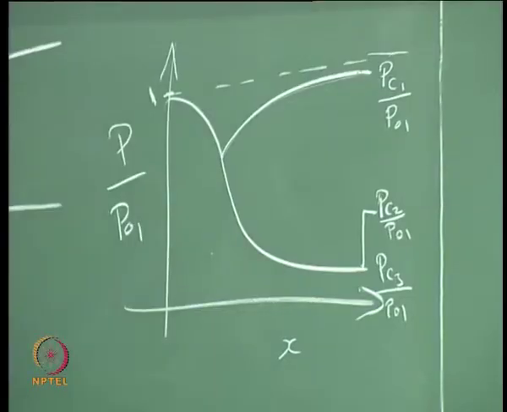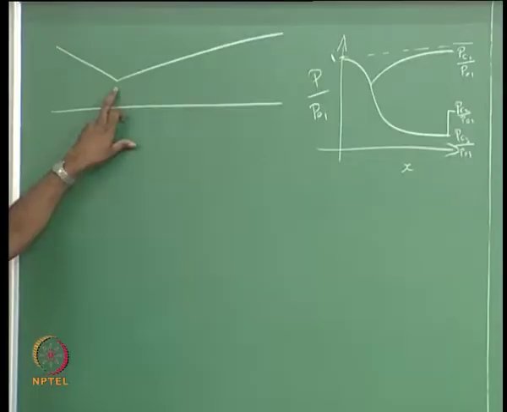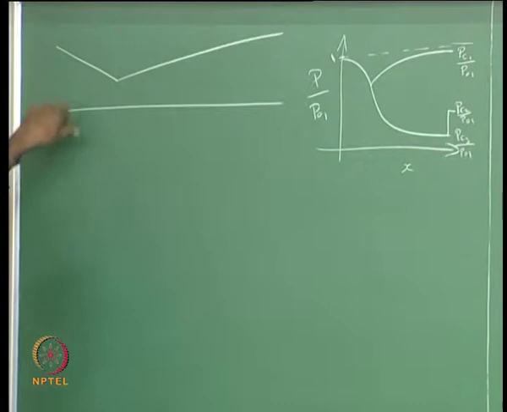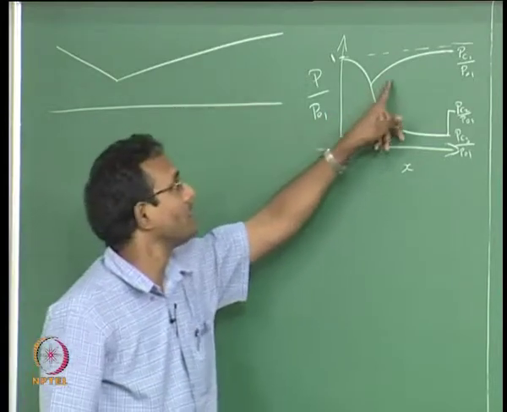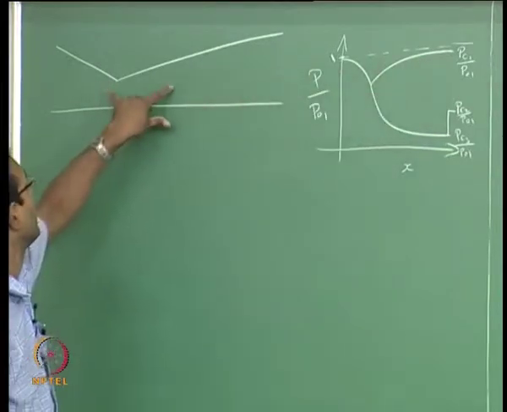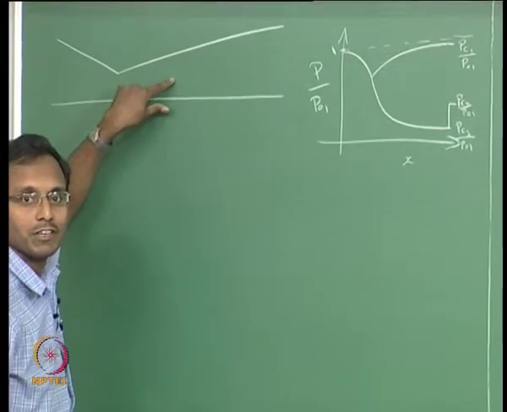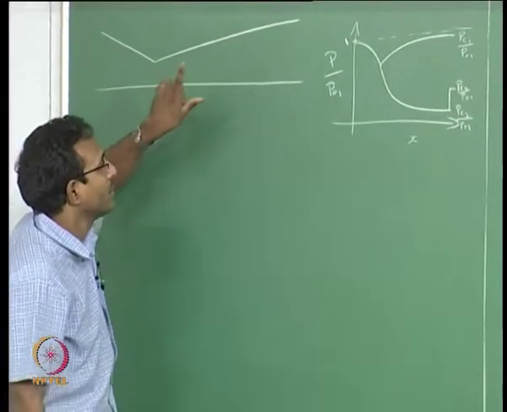If I have to solve a problem along this particular line, then I know that my throat is choked, then I will say that is my A star. I know area everywhere in my nozzle, then only I can calculate flow inside the nozzle. So A by A star, I know I will get subsonic here, subsonic Mach number. On this side, if I am going over this particular curve, then I will use A by A star and get subsonic Mach number. Once I know the Mach number, I can get pressure, temperature, any other property I want.